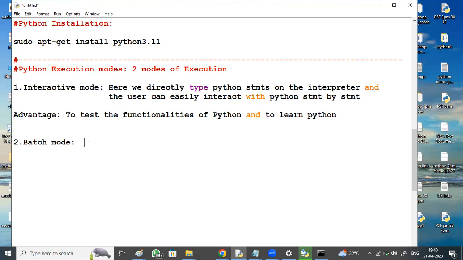Batch mode means we write a batch of statements. To develop applications in Python, the interactive mode can't be used; we go for batch mode.